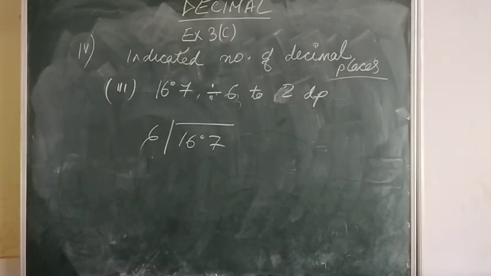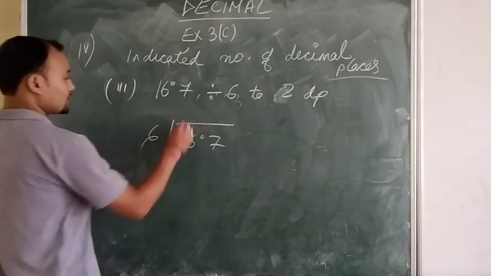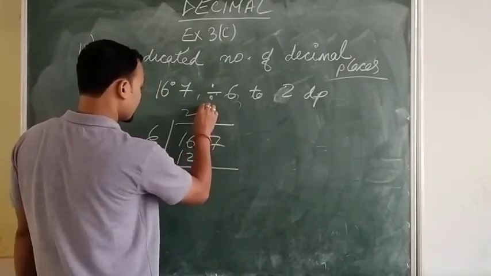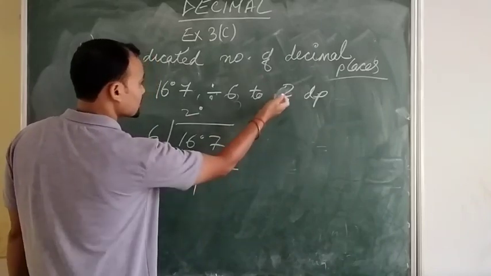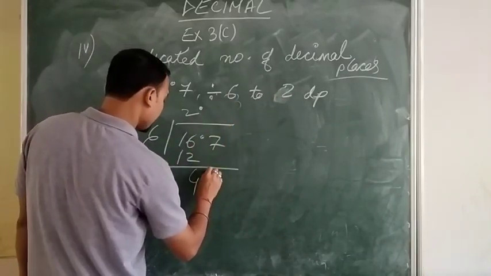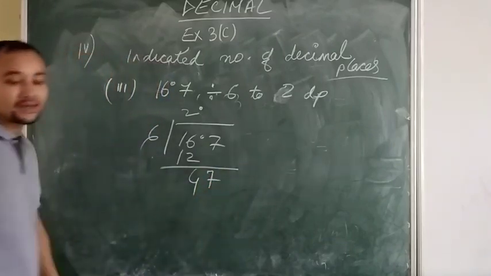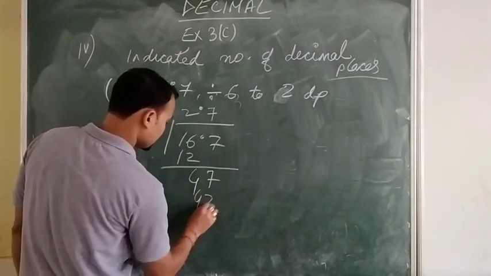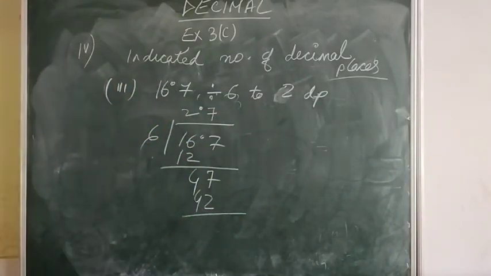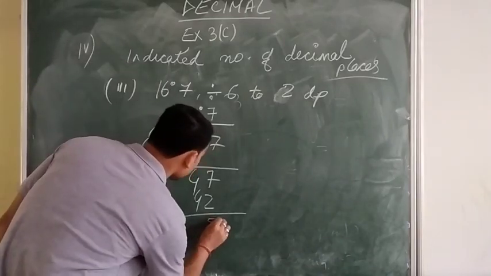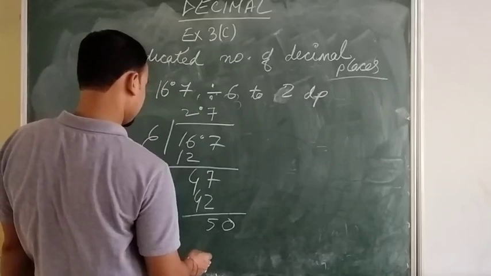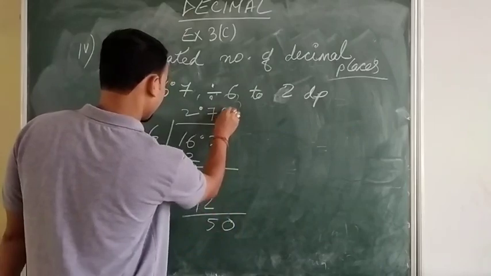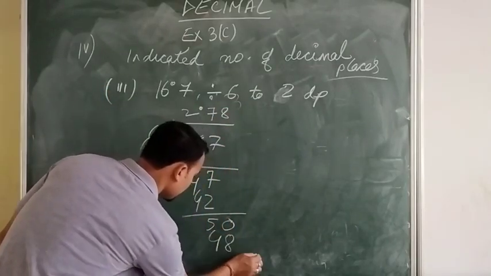Can I do it, or do you need me to do it? 6 twos are 12. The decimal point will come up. Our work is shortening because it is 2 decimal points: we need to calculate only 3. Then our work will be very much easier. Are you understanding? Now put 7. 5 coming down, 50. 6 eights are 48.